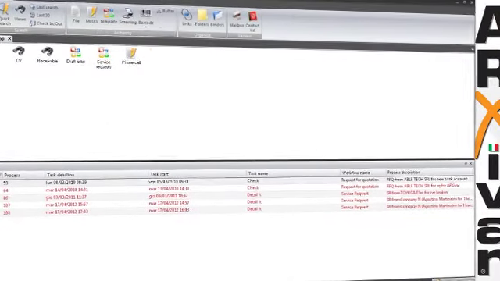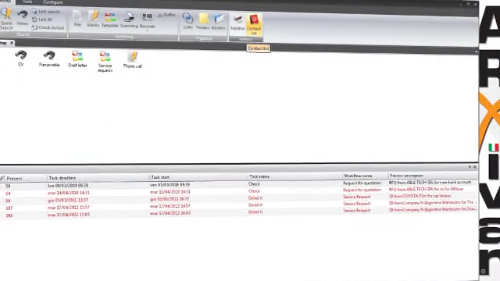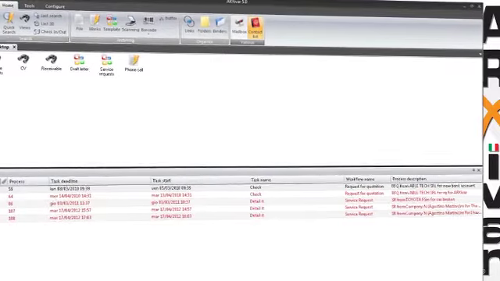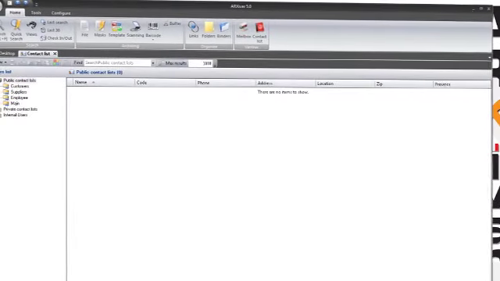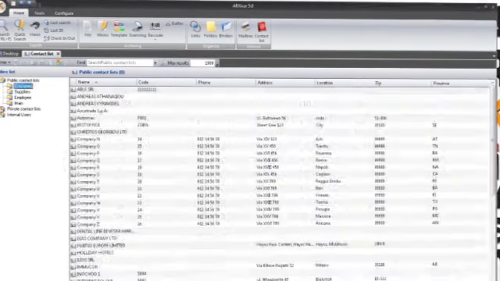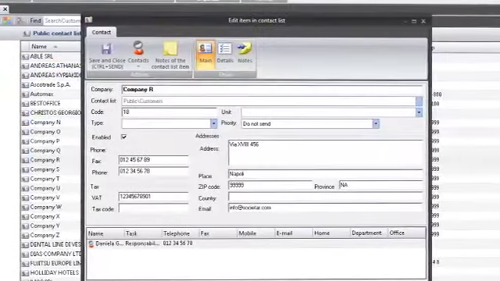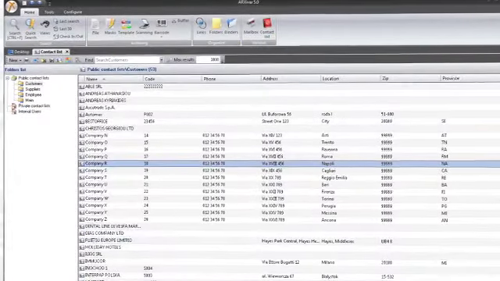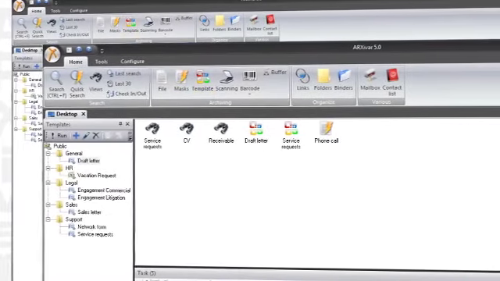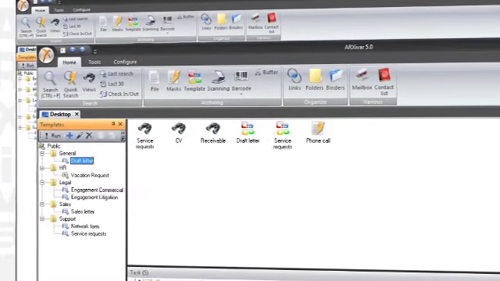In Arxivar, we can manage as many contact lists as we want. Contact lists can be automatically synchronized with our ERP or CRM system. For any of the accounts, we can have one or more contacts, custom fields, and other details. Managing contact lists is important to normalize the sender or the recipient of documents, and also when we create documents